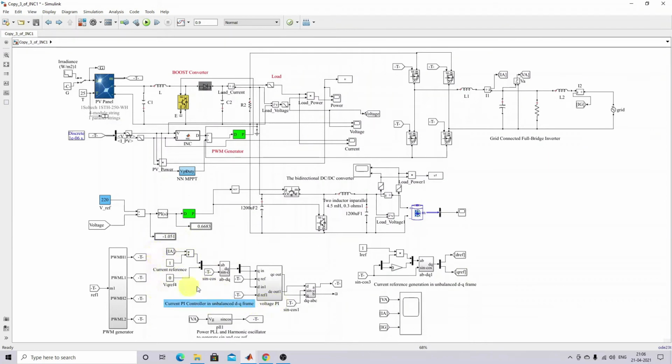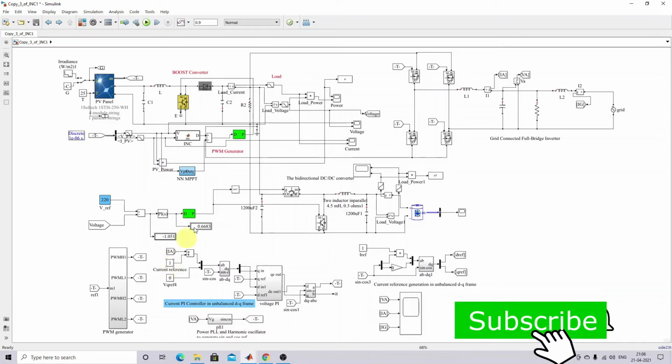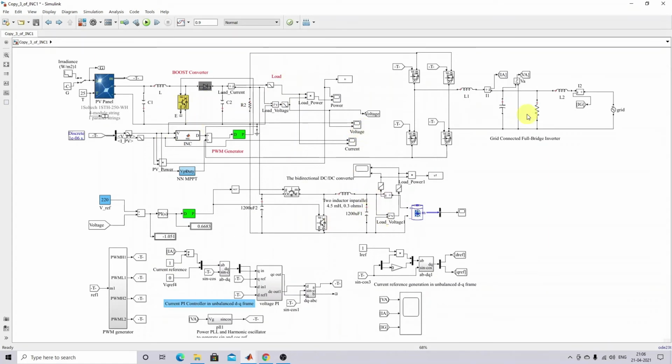Here we are going to measure the IA, the IA from the inverter current. It is going to be divided by the one current reference. So this current reference decides how much current will be supplied from this solar PV and battery system to the grid. If we change this value, we can change the supplying current from the solar PV system and battery system to the grid. For that purpose only, here we are dividing with this current reference,